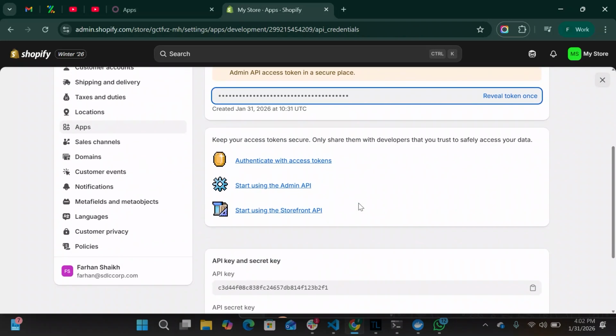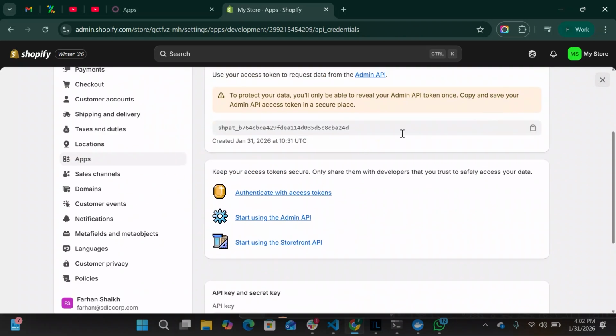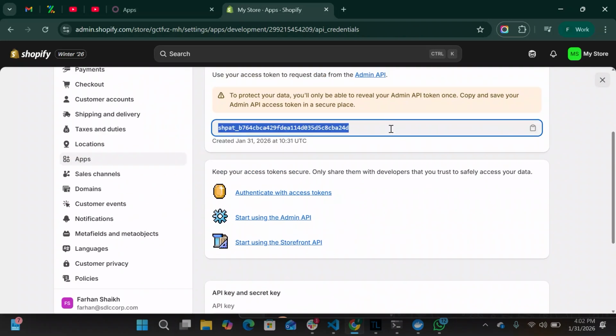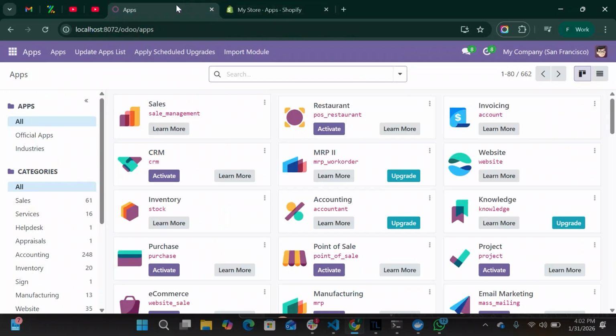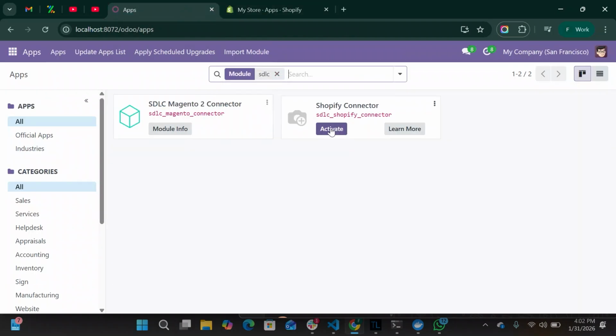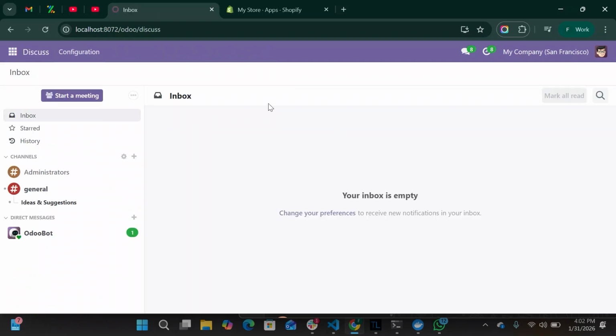We will search for SDLC Shopify Connector. Please wait just a second. It will be activated once it is installed. Okay, so this is installed. We will go to the menu, and from the menu, we will go to Shopify. In Shopify, we will see our dashboard on the first screen, and on the second screen, we will go to